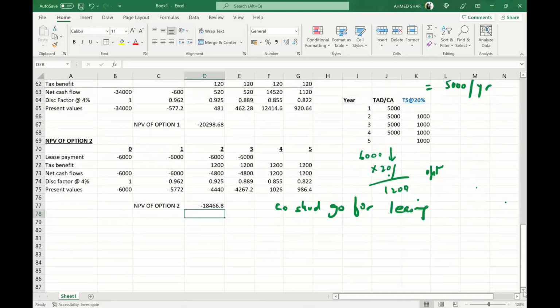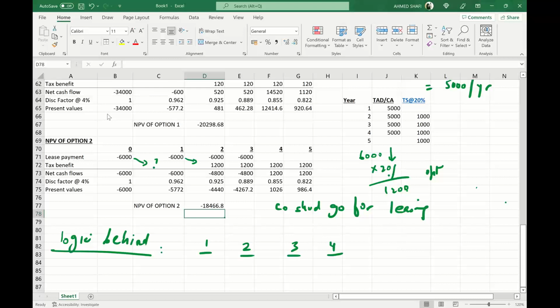However, there are some people asking me: if lease payment is in 0, 1, 2, 3 and tax is in arrears, why is the 20% saving of 1200 not coming here? Why are you starting from year 2? Now, there is a great logic behind this, and people who don't know this logic can take it. You see, it's a 4-year life,